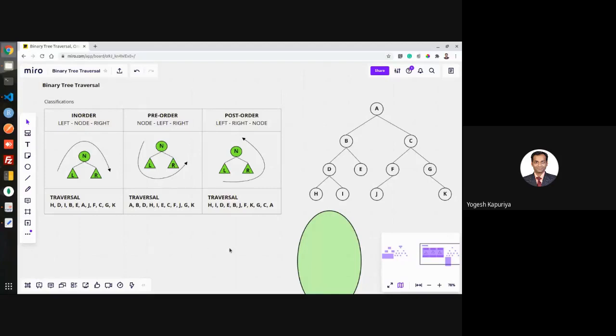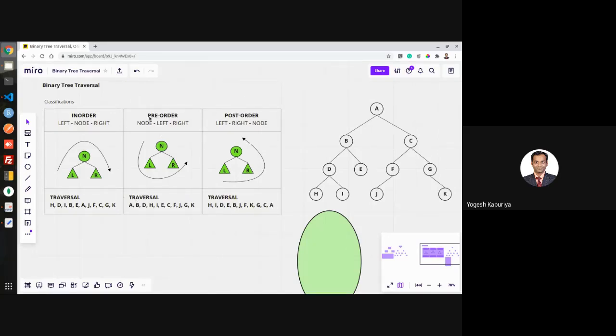These are the three major techniques for traversals in a binary tree: in-order, pre-order and post-order. There are some interesting properties of these which you should note down. First, if you observe the post-order traversal, and you want to verify whether the traversal you have created is right or wrong, you must observe the last node. If it's a post-order traversal, the last node has to be the root node.